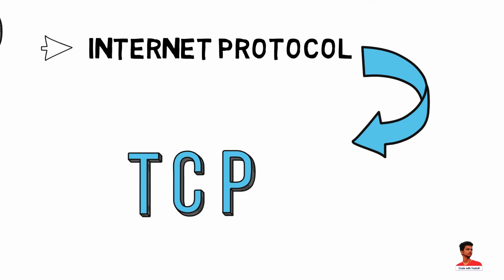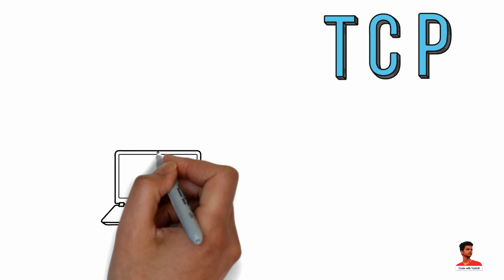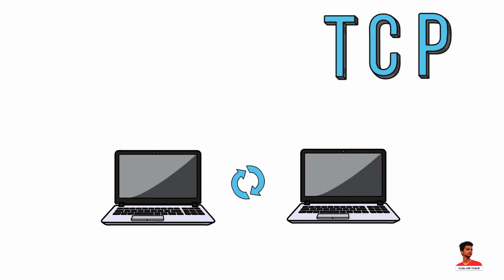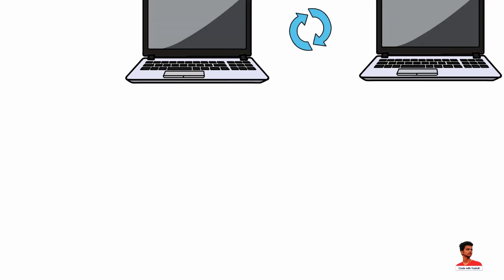TCP, Transmission Control Protocol, is a connection-oriented protocol that provides a reliable flow of data between two computers. When there is a need to set up communication between two applications, a connection is established between them and data is sent back and forth over the connection. This is similar to making a phone call to a friend. When we dial the phone number of a friend and he receives it, a connection is established. Data is sent back and forth over the connection by speaking to each other over the phone